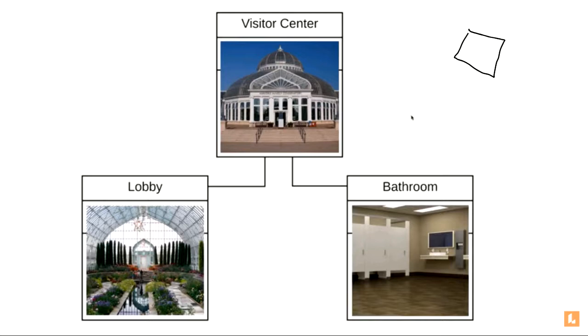So what does this composition mean? Suppose in your zoo only, the zoo example which we are creating, with animals, say, animal classes. In the zoo you have a class known as visitor center. You have a visitor center, and inside that visitor center you have a lobby, and you have a bathroom also. Now suppose some earthquake comes and this visitor center gets destroyed. Will this lobby and will this bathroom exist?